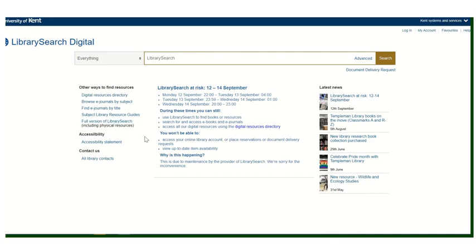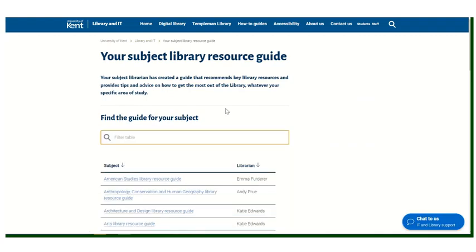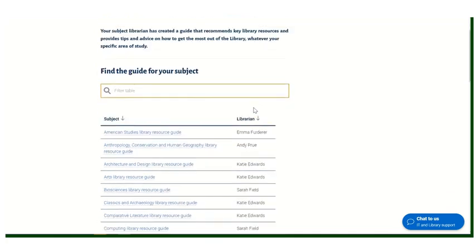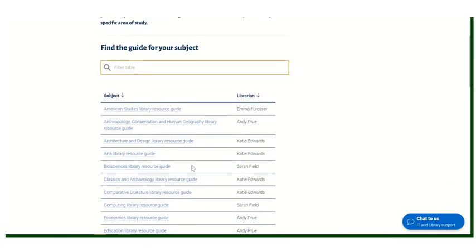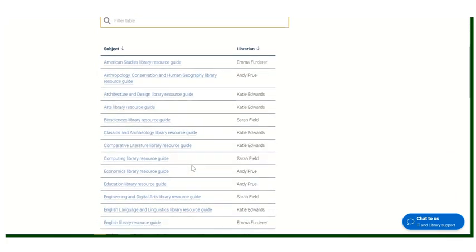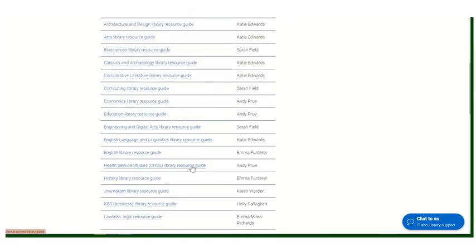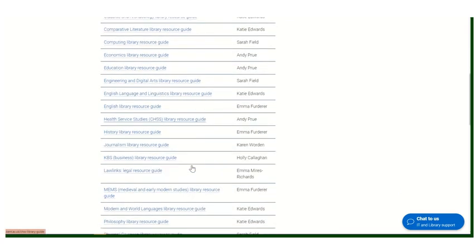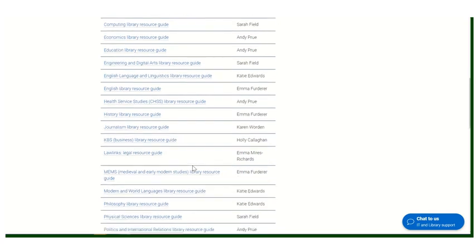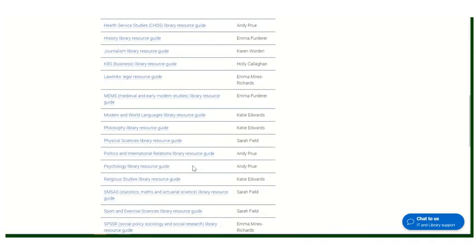The other really useful feature that you can link to from Library Search Digital, and also from the Digital Library homepage on the Library and IT Services web pages, is the subject library resource guides. Every course and every subject within the divisions is supported by a divisional liaison librarian. This gives you a list of all of the subjects, so it's just a case of having a scroll through to see which is your librarian. For example, if I have a look at one of the subjects that I currently support, SPSSR,